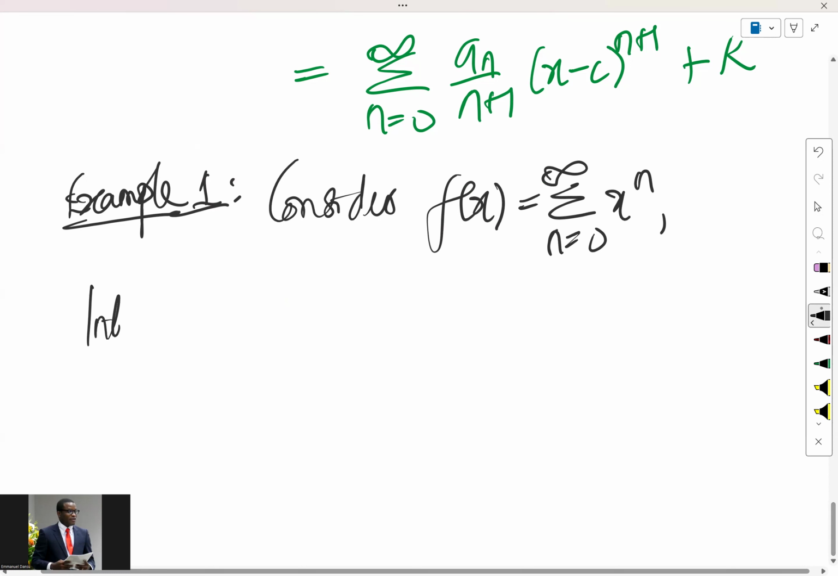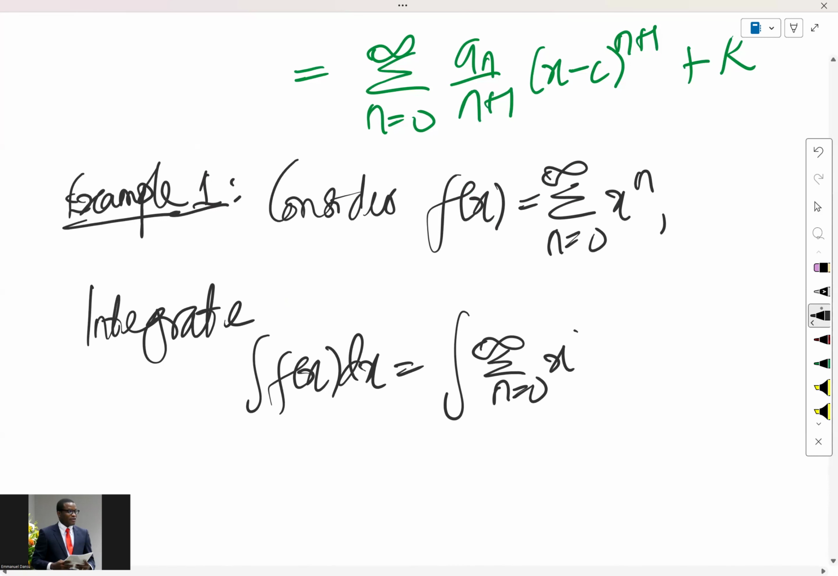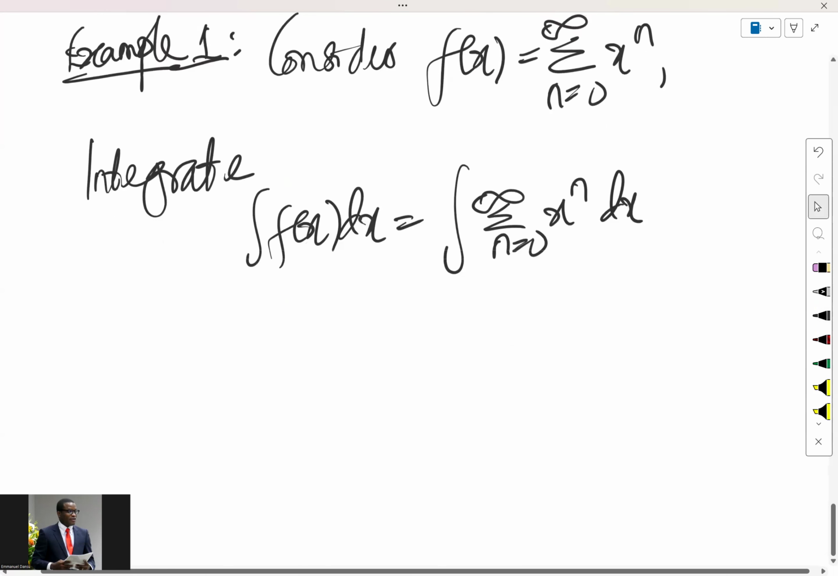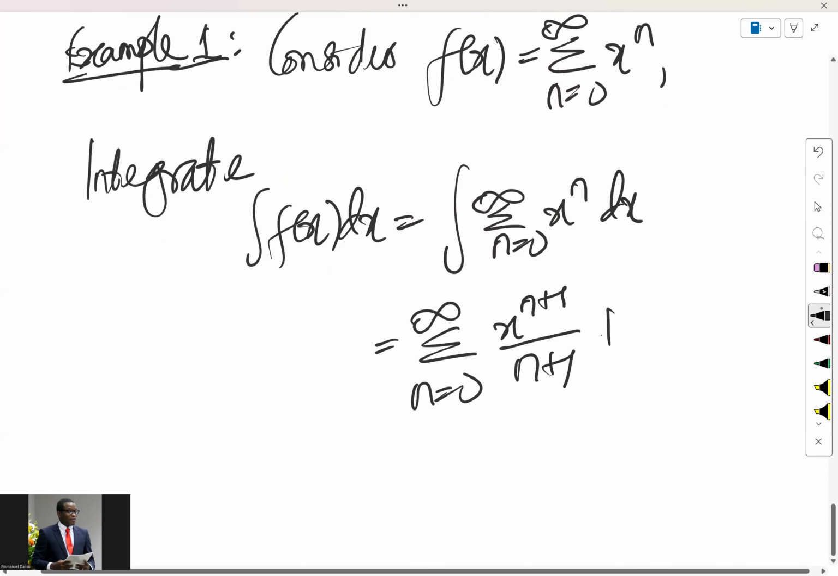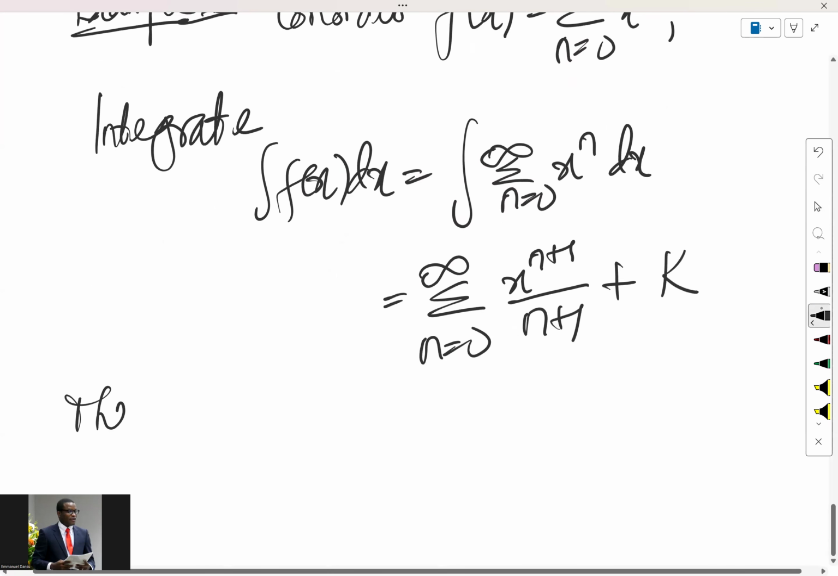if you integrate that, that is the integral of f of x dx, and that is the integral of the summation from n equals 0 to infinity of x raised to the power n with respect to x. Okay, so that's simple. If you integrate that, you still have the summation from n equals 0 to infinity of x raised to the power n plus 1, that's the new power, divided by that new power, and then add an arbitrary constant k to it. And that's all you have. So you can see that the integrated series